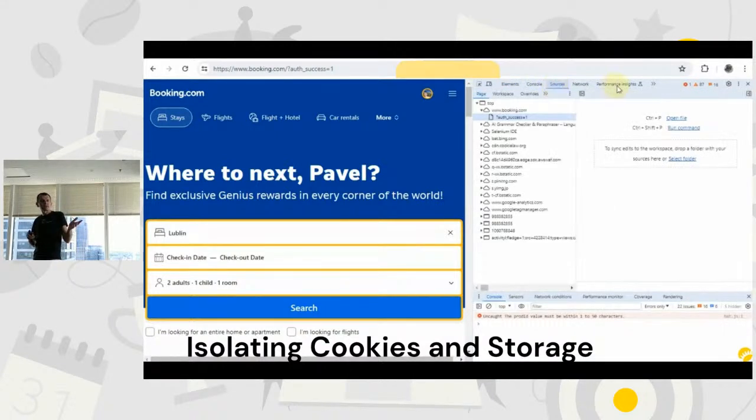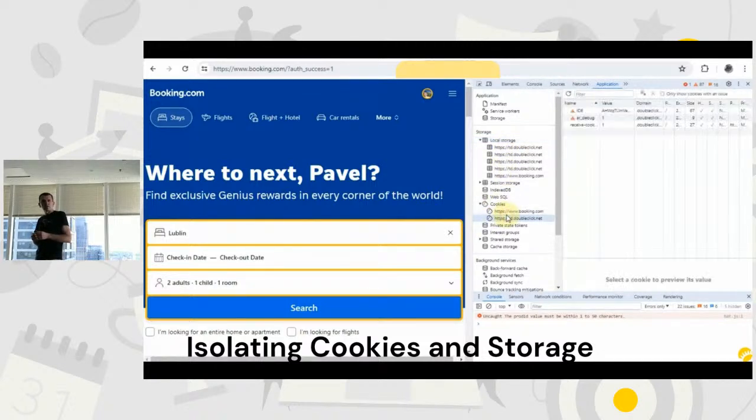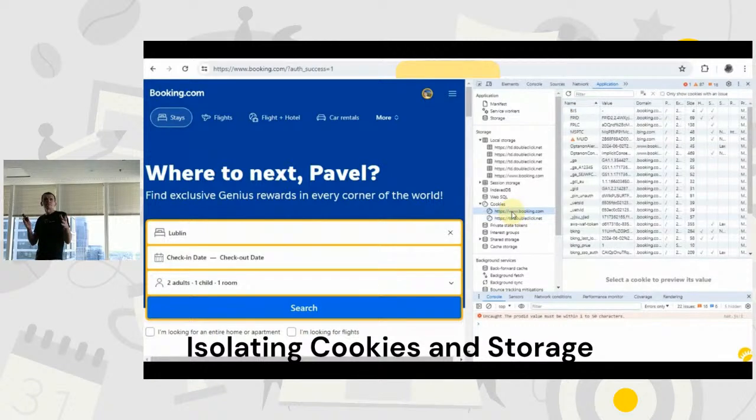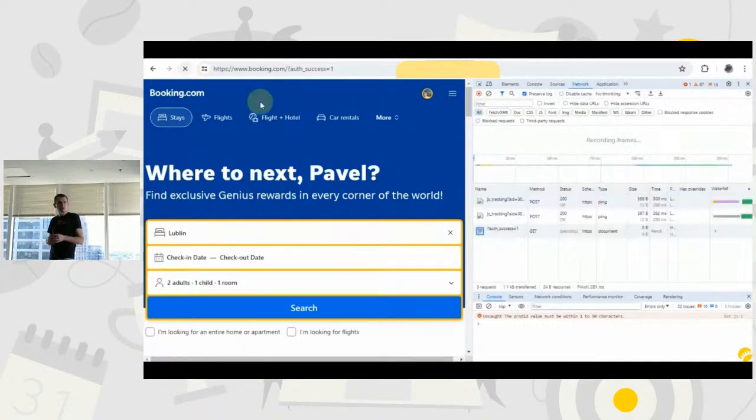So let's say isolating cookies and storage. If you go to application and you see the way storage is saved, you see quite a lot of data stored somewhere. And if you open up cookies as well, there's a huge amount of them. Well, huge, it could be better. I mean, huge when you compare it with when you open the window in incognito mode. So what we're going to do now,